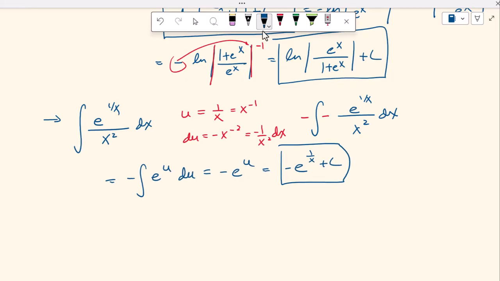Now you could also see this rewritten as negative e to the x to the negative 1 plus c, because remember 1 over x, I could rewrite that as x to the negative 1, but I think that this will be more of the common way to see that. Okay,